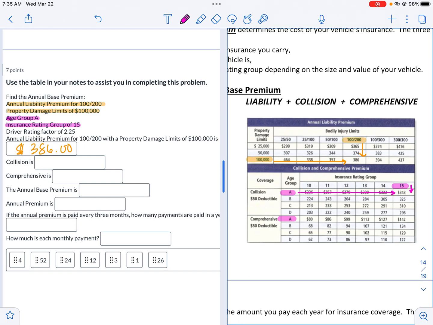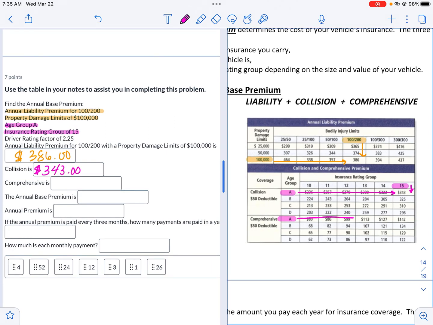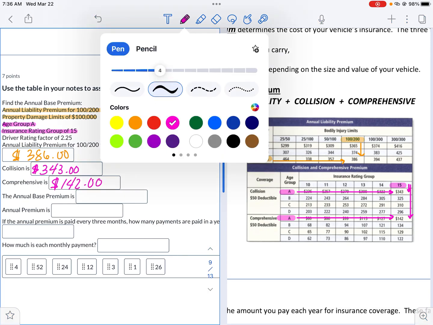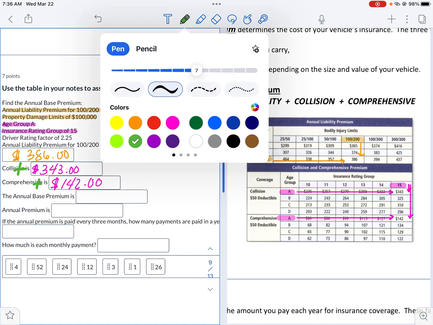And we're going to get $343.00. Then we're going to go across A and down 15. And we're going to have $142.00. And so we're going to add those three numbers together. And when we add those three numbers together, we get